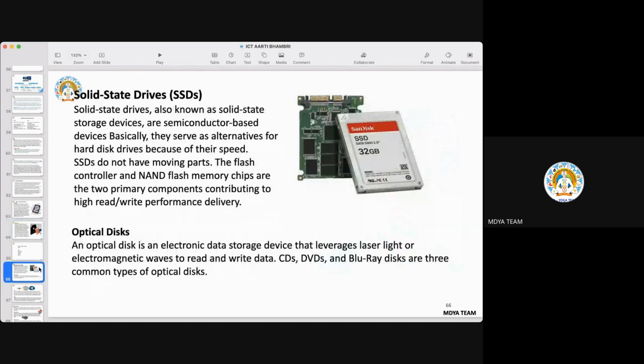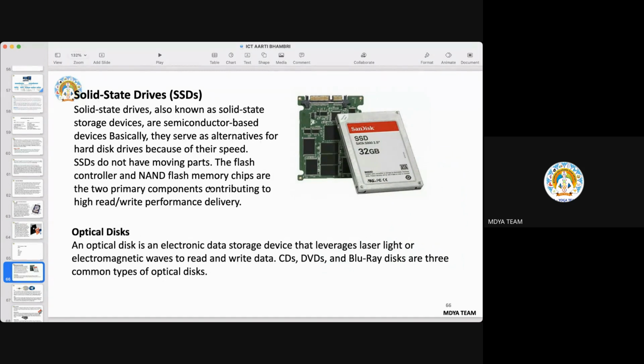Now solid state devices, SSD devices. Currently they are very much in use and they are costly also, because their capacity is very, very large, and they use very cheap semiconductor based devices. So a chip has billions of transistors in a single chip, and they do not have any mechanical or moving part. It is a flash type